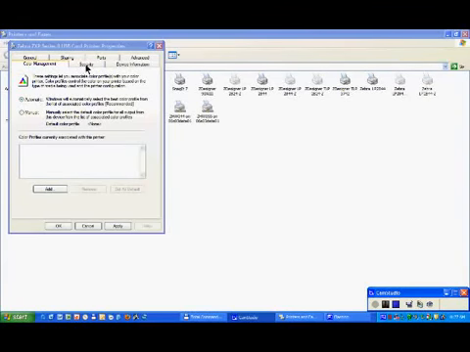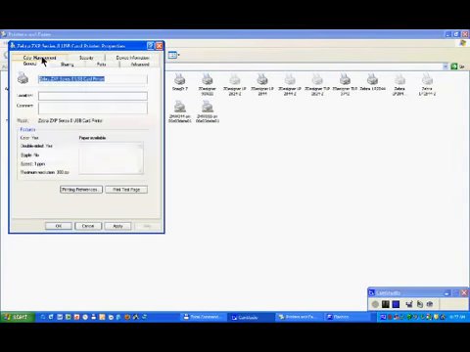Let's go now in the General tab of the driver. You'll have the name here. ZXP driver is just an information. You can fill in here location and comment if you wish. You can here directly click on print a test page, and this will print a reduced size of a